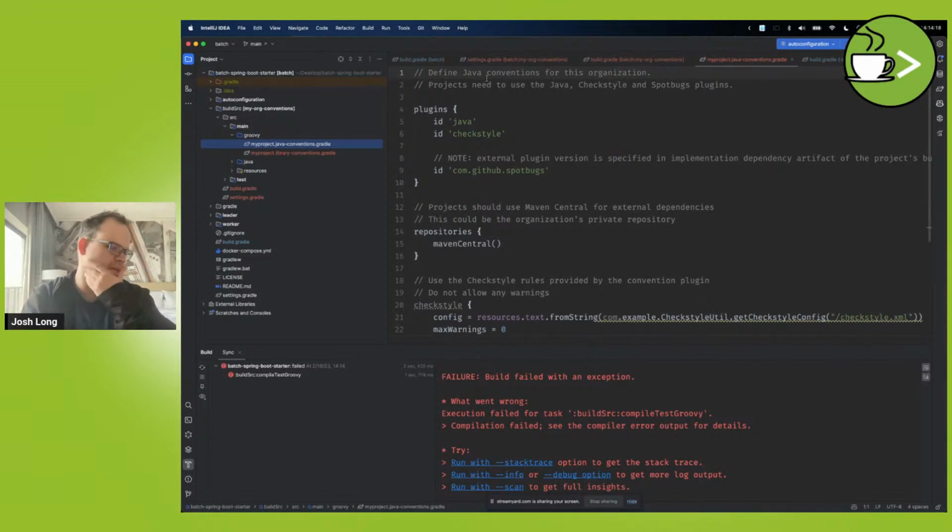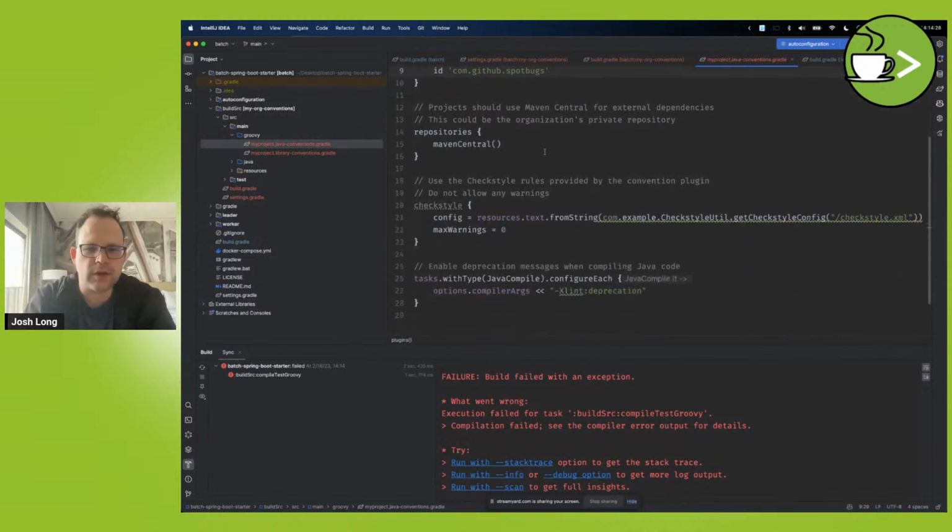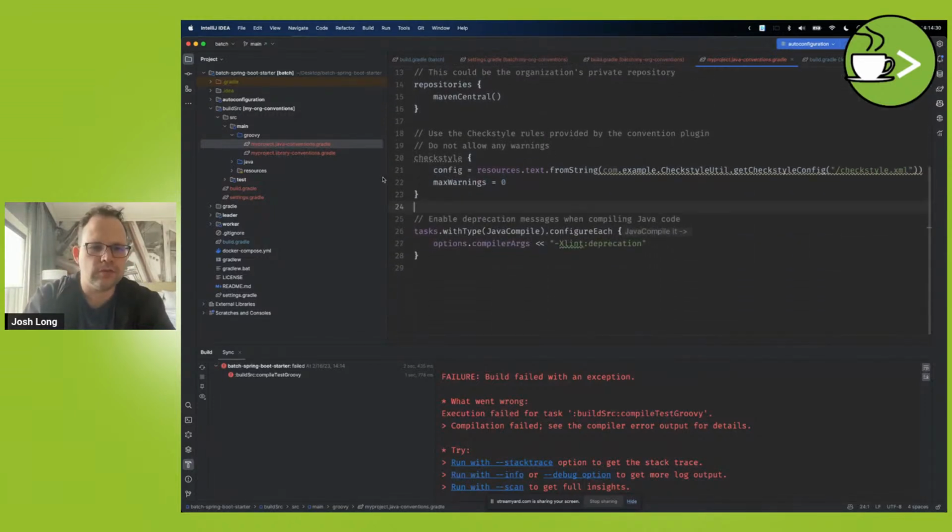Oh, is that the... I mean, I don't know. Gradle seems like it's got some power here. I just don't know it. You know, I'm kind of learning right now as we go. Okay, so